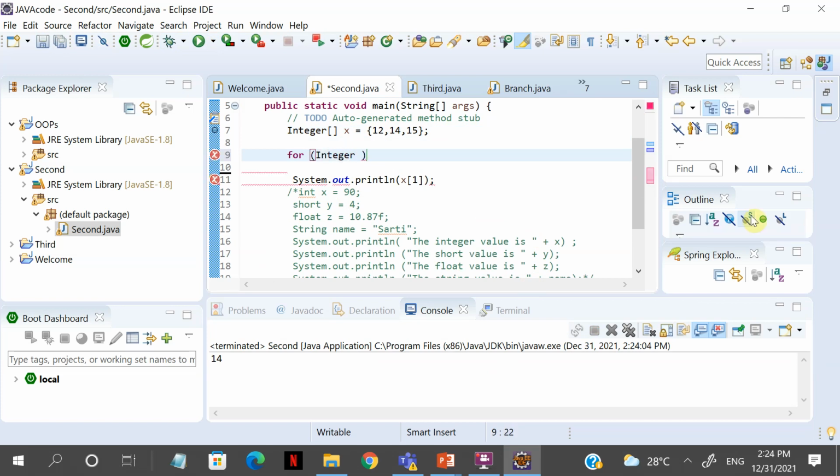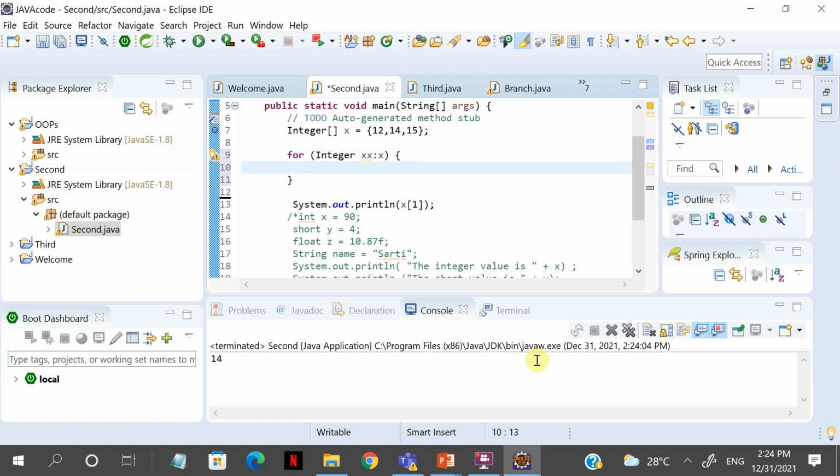What this does is, this will automatically create a loop for you. See what we are doing here is, we have created this integer x, right? So we say the data type, then x, so it will loop through all the indexes, and now you can see each and every value. The syntax for this is our for loop. You know how a for loop works, right? So you say integer xx colon x,